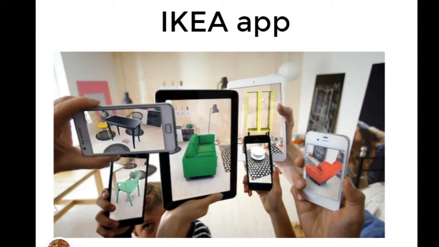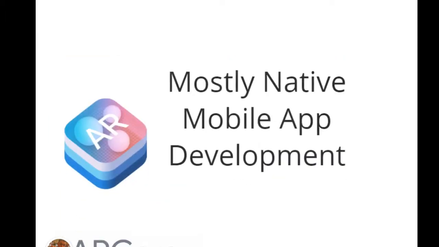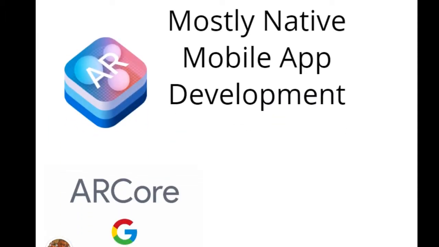This is pretty practical. It's fun too, because you can change the colors and stuff, but we're moving further away from the game aspect of it. Instead, we're talking about how we get something practical happening in real life that somebody can use. The IKEA one's pretty slick. It also does a sphere of your entire room, so you can put multiple objects and rotate them and all sorts of fun stuff. But this is all mostly native mobile app development.